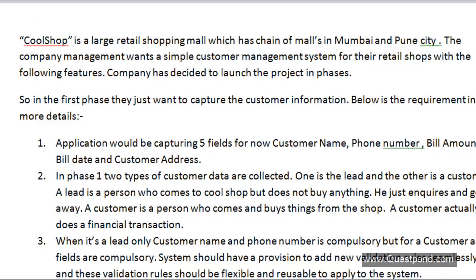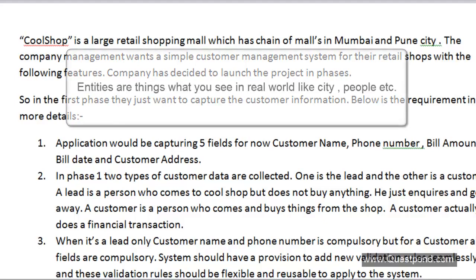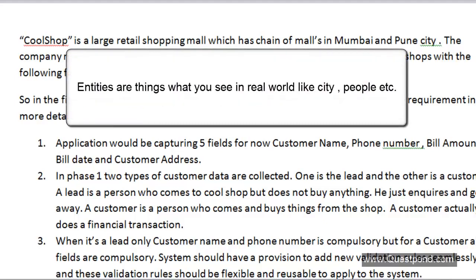Let us identify our entities, and then as we do the project, let design patterns come when they have to come. So first thing is to identify entities. Now, what exactly are entities? Entities are nothing but things that you see in the real world. For example, a person is an entity, a living object is an entity, a city. So these things are actually entities. Entities in the technical world or in object-oriented programming world, we also term them as objects.